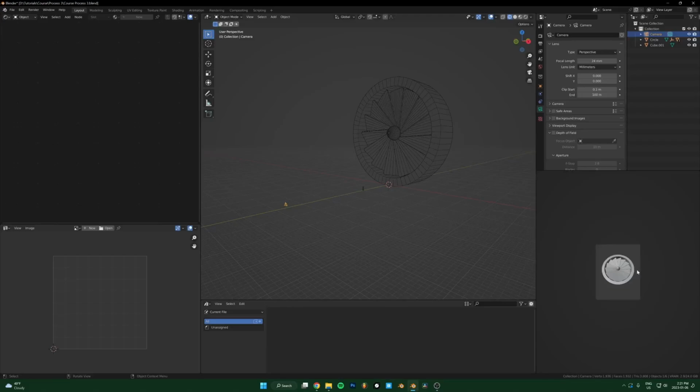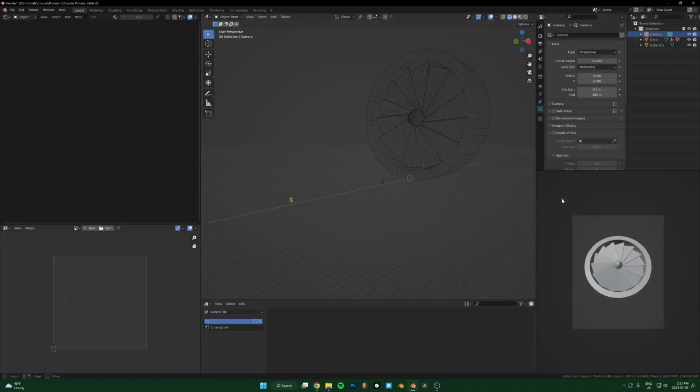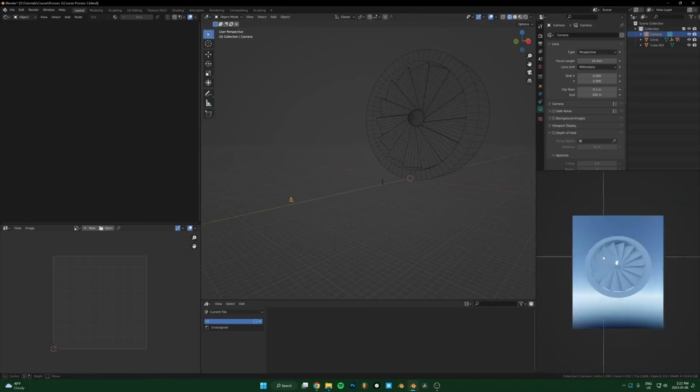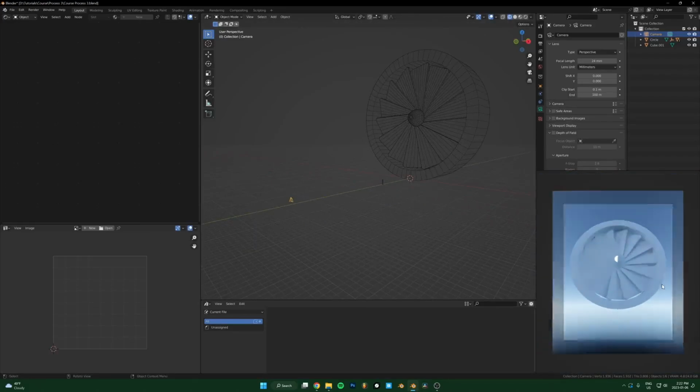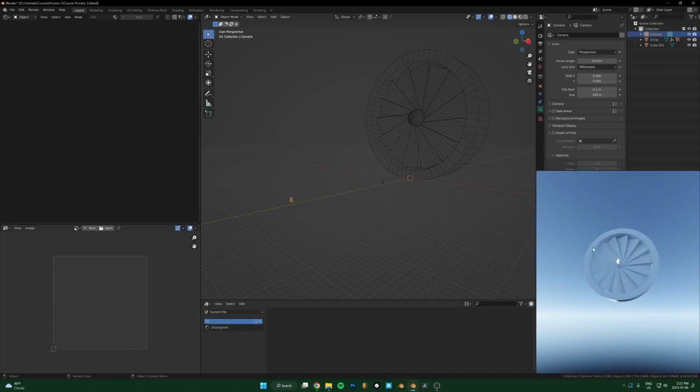So it's a nice focal length where it's not too zoomed in, but not too wide. Anyways, let's box select this, go into rendered view, just Control B to only let the